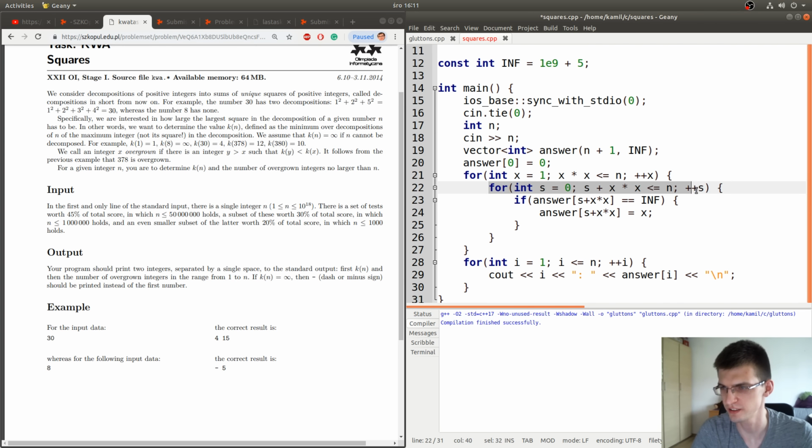Okay, why is this loop incorrect? Because it allows taking one square multiple times. Like for x equal to 1, first we have s equal to 0, so from 0 we will move to 1 in dynamic programming, so we allow some 1, but then from 1 we will move to 2, and so on. So here I would just write it in the other direction, what you often do in knapsack.